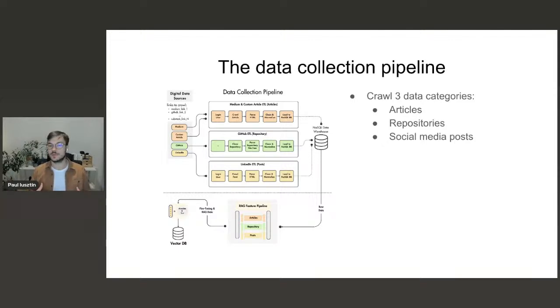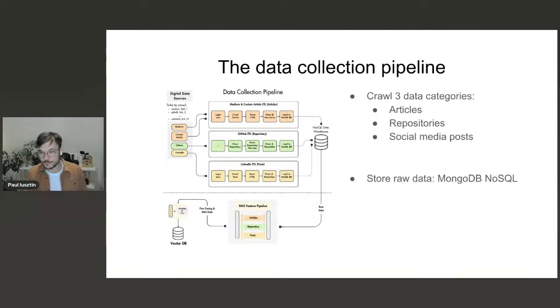So we had to build an ETL-like pipeline for each, because each source needs to be crawled differently. Each site has a different HTML structure that needs to be parsed, cleaned, structured, normalized, and all of that before being stored into a NoSQL data warehouse.